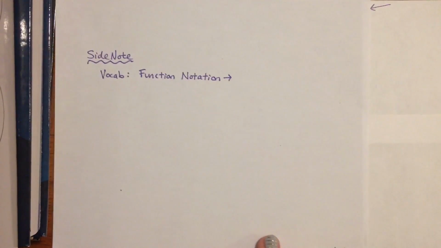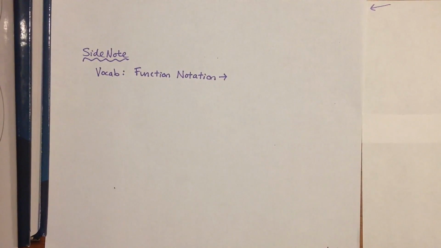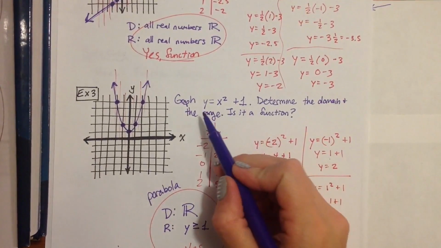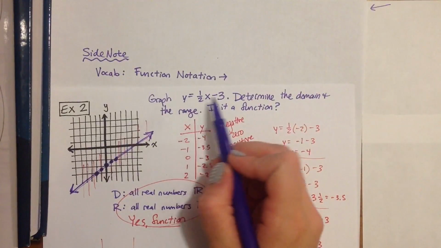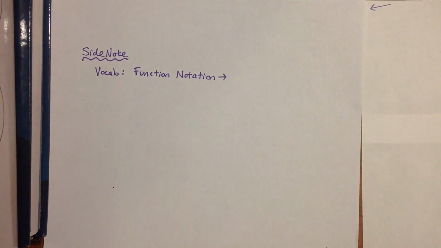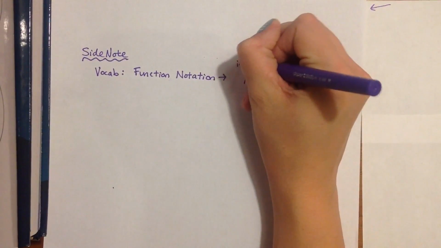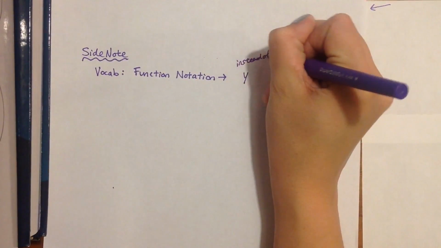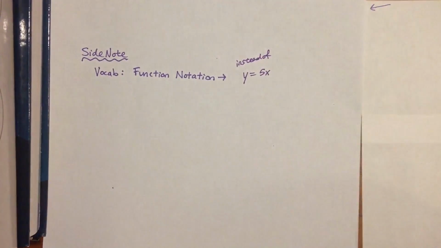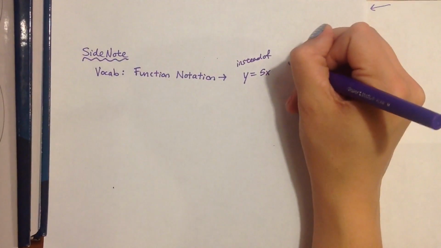And what is function notation? You've seen it. I promise you've seen it. It's just a matter of knowing that it's called that. So notice in these last two examples, I used y equals notation. Function notation is when you say, instead of y equals something like 5x,